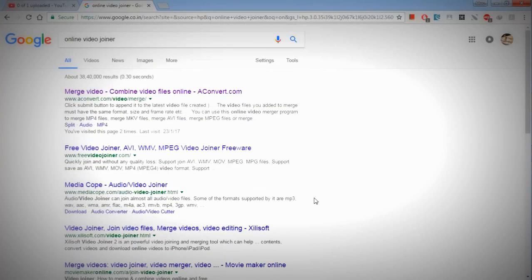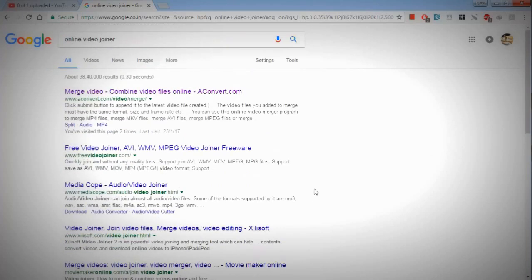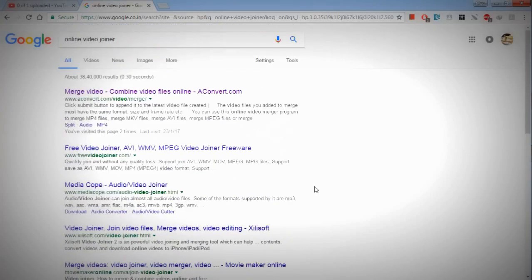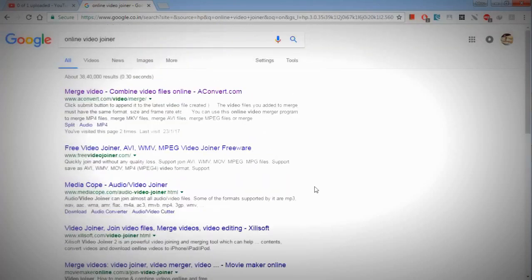And if suppose your Wi-Fi gets disconnected for some reason, or your data gets disconnected, then the whole process will be dumped and you have to start again from the beginning. And also, if your computer malfunctions for some reason, because these are electronic goods that you are using at the end of the day and they might malfunction sometimes, the process will be dumped totally. So I don't go through this online process.